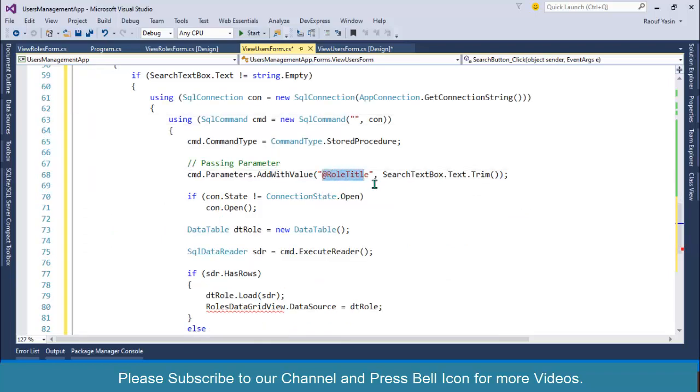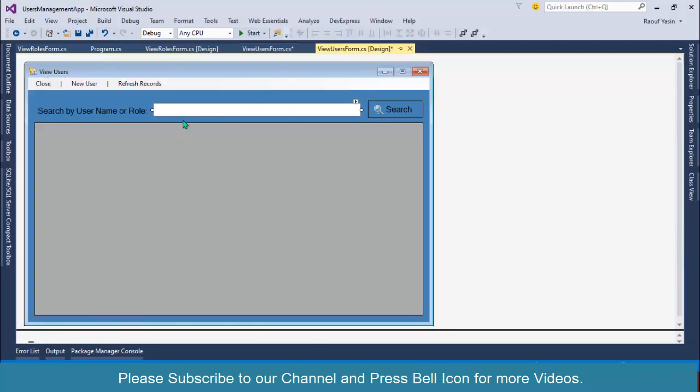Now we have two parameters, so I'll use username, and the value will come from this one, because we want to use this single text box for searching on the basis of roles or users. So I'll specify two parameters, but I can simply use a single parameter.